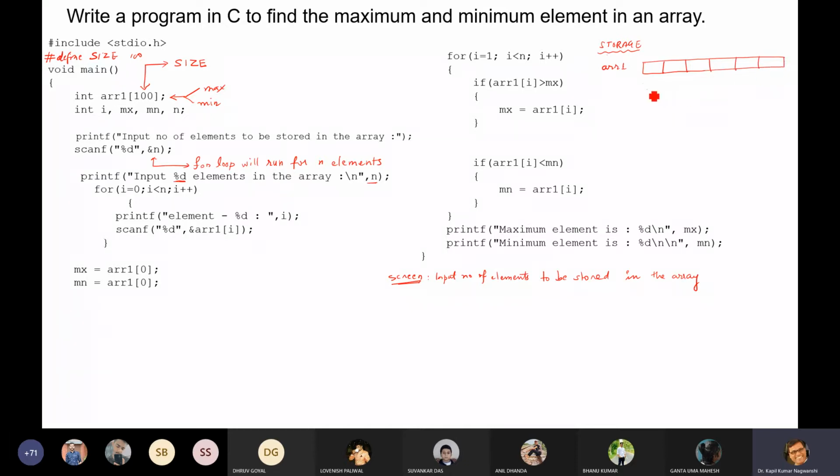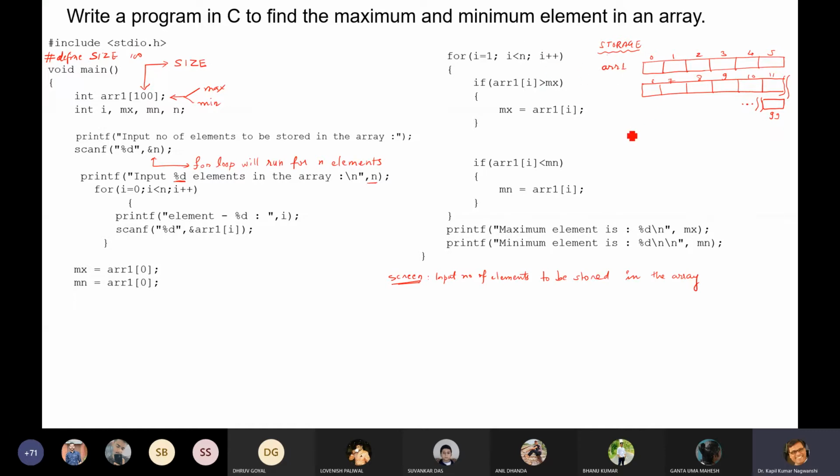I am putting more elements here, and then I am creating one break mark so that you can understand that this will move up to 100. But this is indexing 0, 1, 2, 3, 4, 5, 6, 7, 8, 9, 10, 11, and up to 99, not 100. Okay, so this is the array 1.